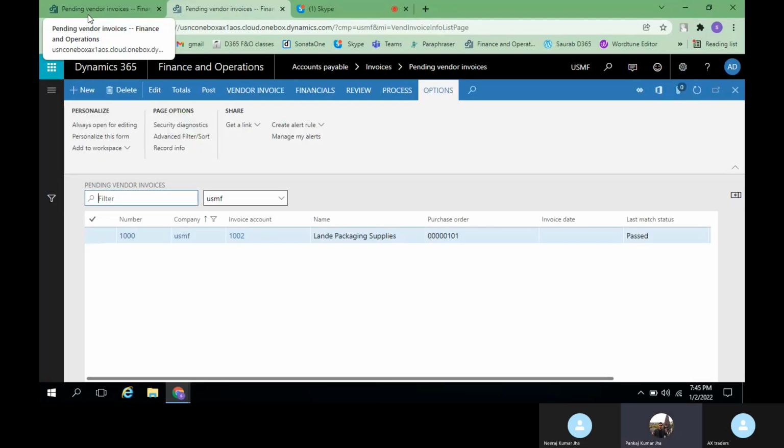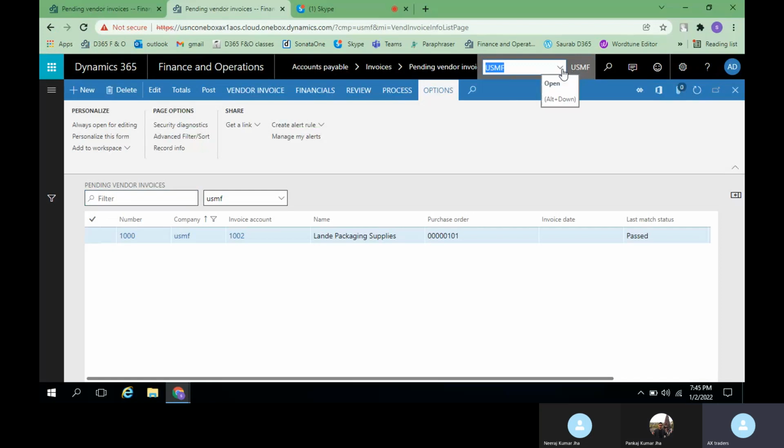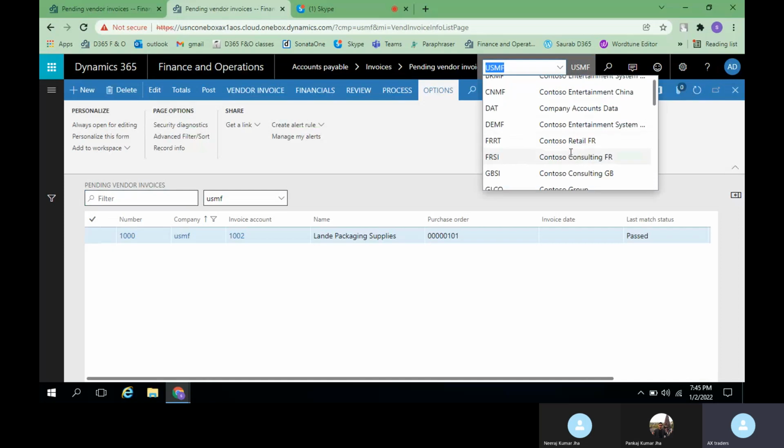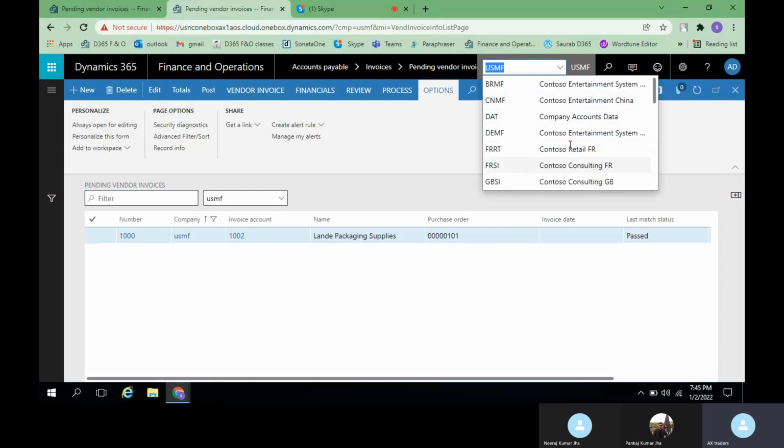That USMF is just for practice, right? It's none of your personal accounts. No. In the next class, I'll explain how to create the legal entity and everything. This is just a drop down where you can create a number of companies if you want. All those companies created will show here. Microsoft has allowed us to practice all the transactions for all the modules in the name of USMF, because even though a lot of companies are showing here, USMF has almost all transactions. If you have any doubts, you can refer to this company while doing the practice.